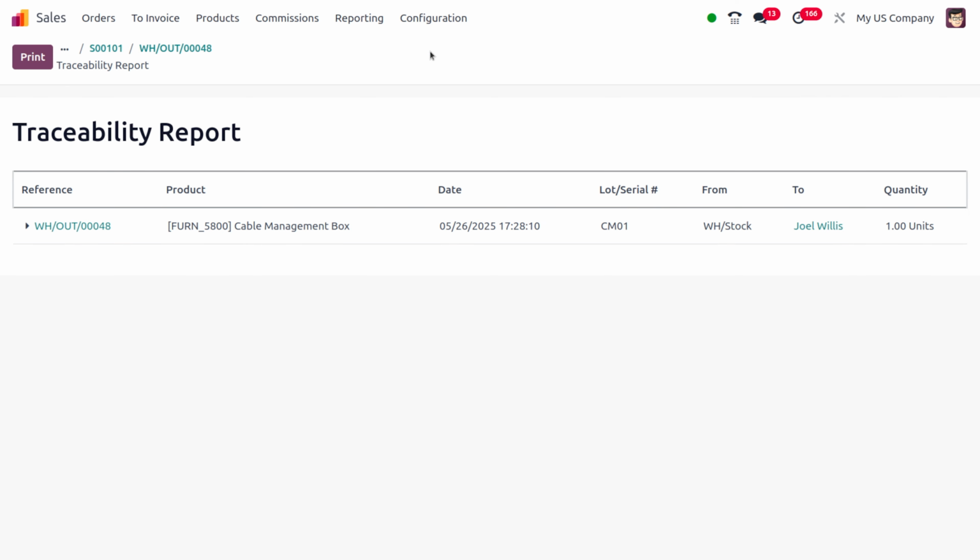So as of Odoo 19, we can find the warehouse shortcode that will be displayed under the traceability report. In previous versions of Odoo, we know that the from location will be set as stock, but right now you can see the exact location from which we are getting the item. So here you can see the shortcode is displayed over here, and it's very easy to find the warehouse shortcode